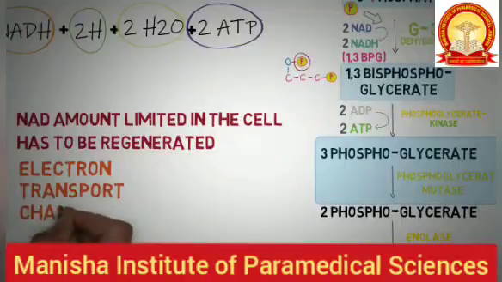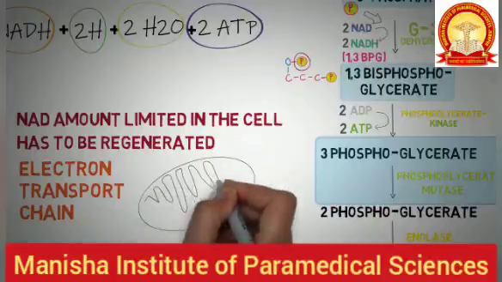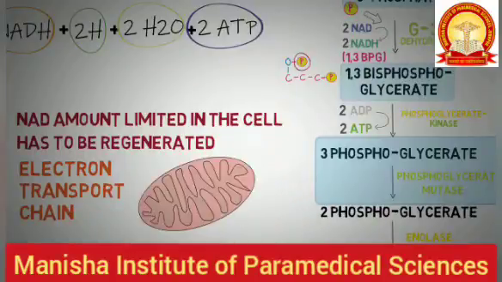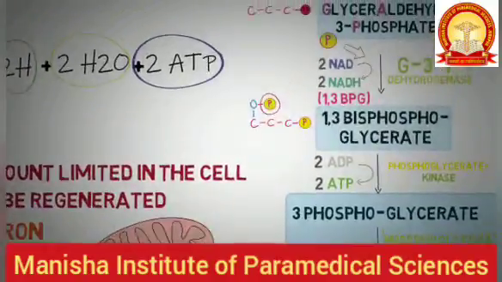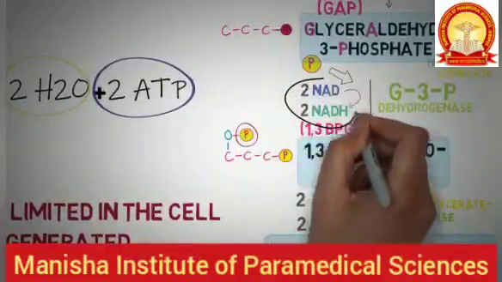And this takes place in the electron transport chain present in the mitochondria of the cells. And this is exactly where oxygen plays a very important role. The electron transport chain keeps the supply of NAD in order and also produces 2.5 new ATPs in this reaction. This is an example of generation of ATPs through ionic gradients, and it is different from substrate level phosphorylation that we discussed earlier in this video.